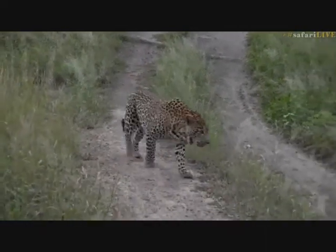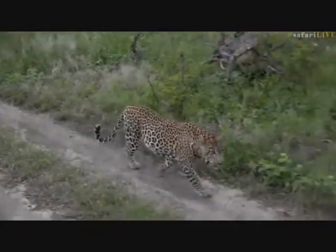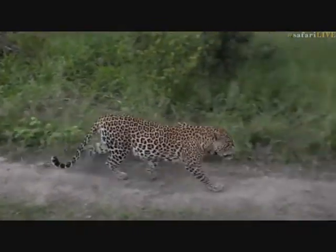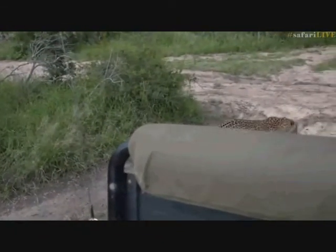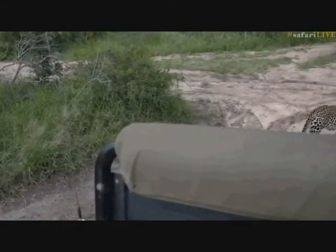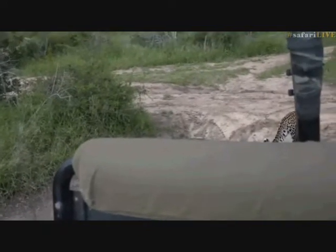We have got our spotted cat, and it looks like our dear friend Tingana. Hello, big boy. He's just walking right next to the vehicle right now. How cool is that? Oh my gosh. Isn't this amazing? Finally, after Brent's hard work paid off this morning of picking up those tracks initially, you can